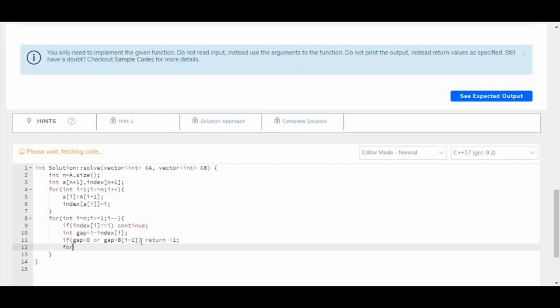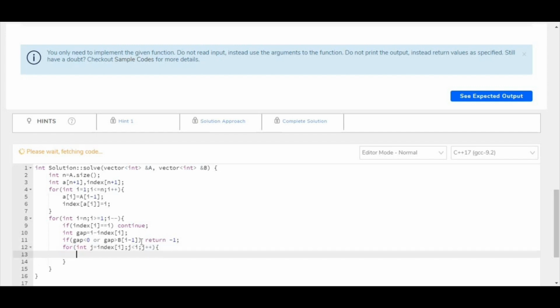Otherwise, now we will do swaps. So for int j equal to index[i], the current index, and j less than i, j plus plus, we will move the element at index[i] to i, because we want to place the element i at index i. So we'll swap a[j] and a[j plus 1]. So we'll move the element forward.